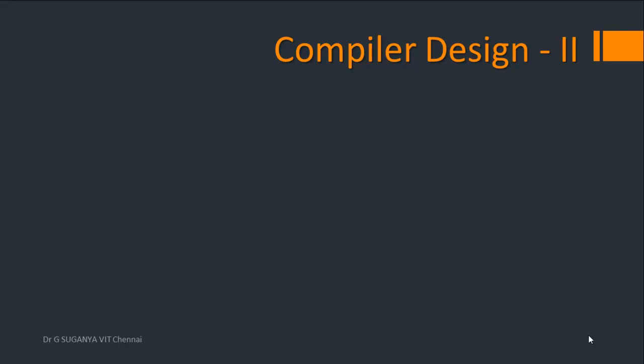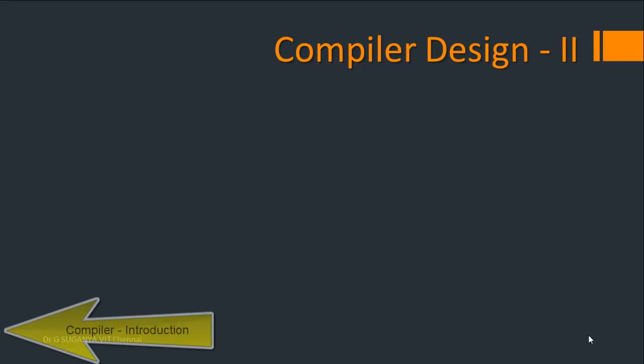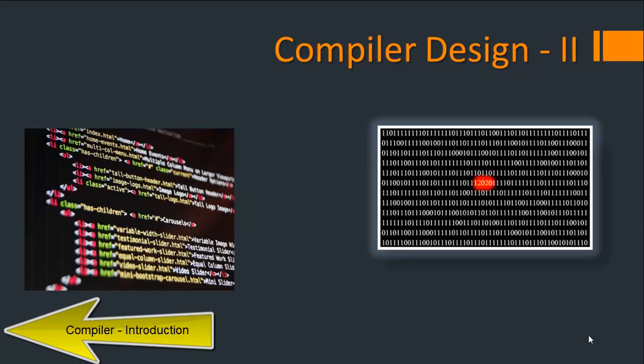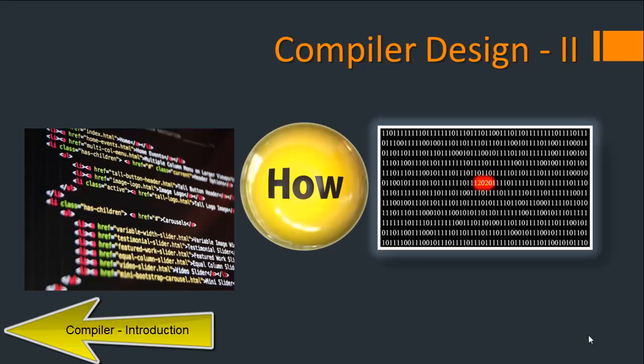This session is about the clear understanding of converting a high-level language program into machine-level language. All we human beings used to write programs in English-like statements, which we have covered in the last session. A computer, which is made of electronic components, can understand only zeros and ones. How the conversion from high-level language to low-level language, and in turn from low-level language back to high-level language to display the results, is done is going to be understood through this session.